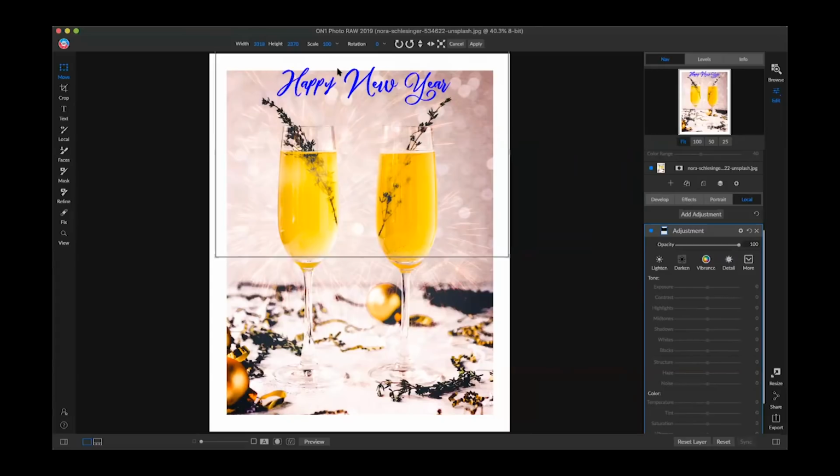Okay, so Kate is asking how to export the file for sharing. So if you want to export a photo, there's a few different ways you can do it. Probably the easiest way is to, if you're in Browse or Edit, whatever it may be, you head down to this right over here. There's an export button right here. You can just click on it,